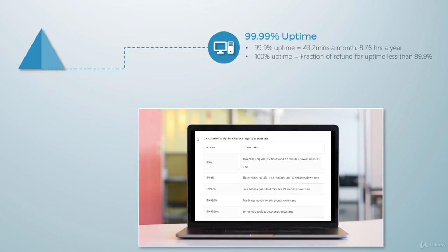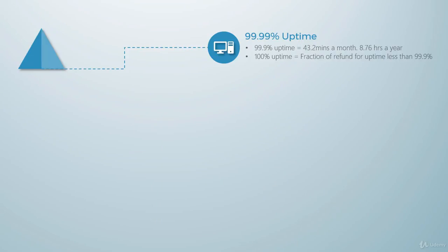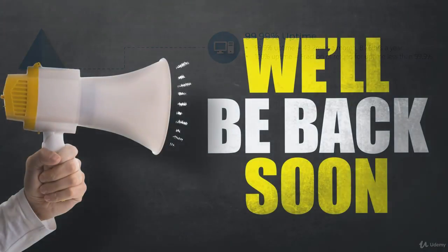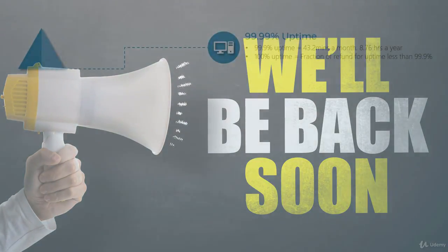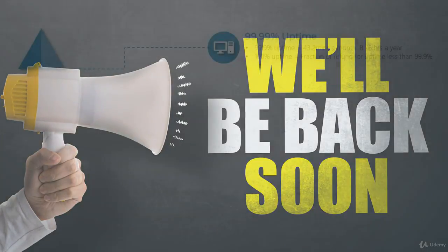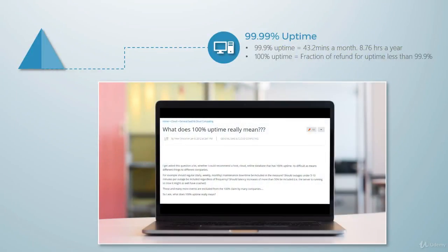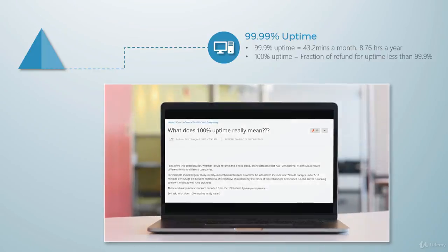Can you afford to lose access to your website for both yourself and also your customers for around 8.5 hours a year? That's a lot of time for any e-commerce website. So you should always target for 99.99% uptime packages. But if you see 100% uptime by any of those hosting providers, then you should be aware,